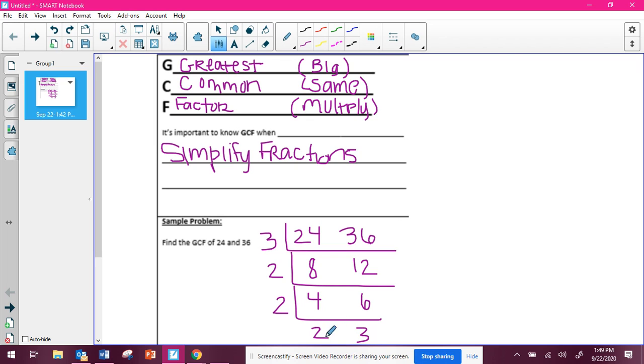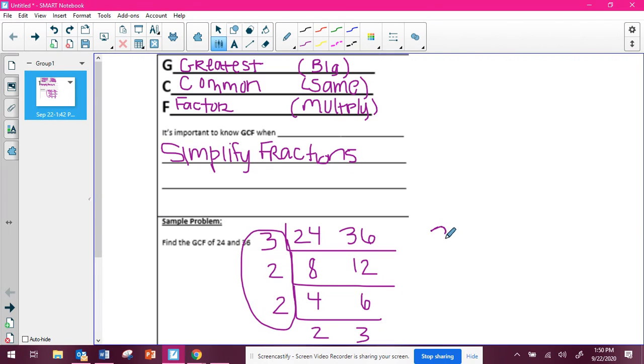Once I get to the bottom, 2 and 3 can only be divided by 1. If there was another number that they could be divided by, I would have to keep going. But once you see that the only number we can divide by is 1, you can stop because you are done. To find the greatest common factor, we look here at the left-hand side, the numbers they have in common,